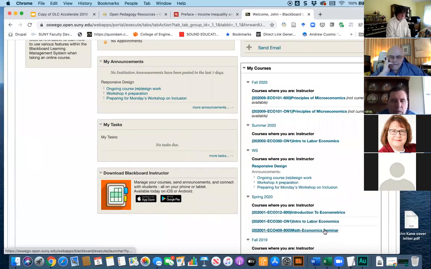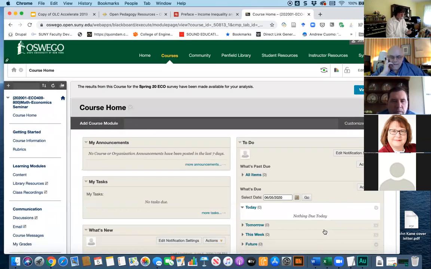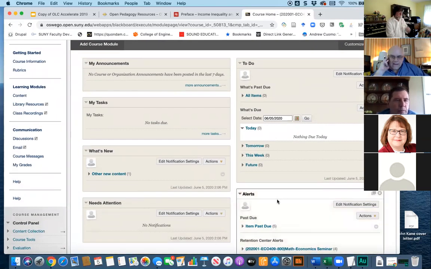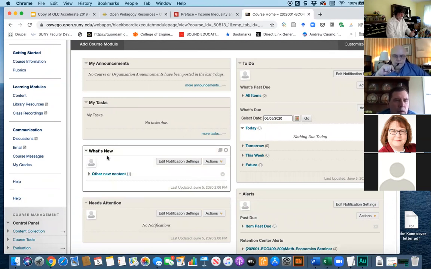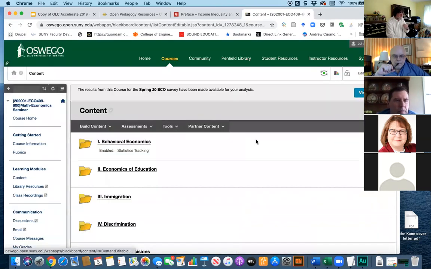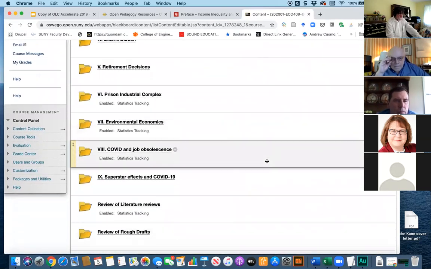I'm going to jump into a class where they actually did all this in Blackboard. They saved the work in Google Drive. I downloaded each of their products at each stage and then uploaded them as PDFs in Blackboard. So I'm going to jump in just to show you how the project, these were the readings they were doing